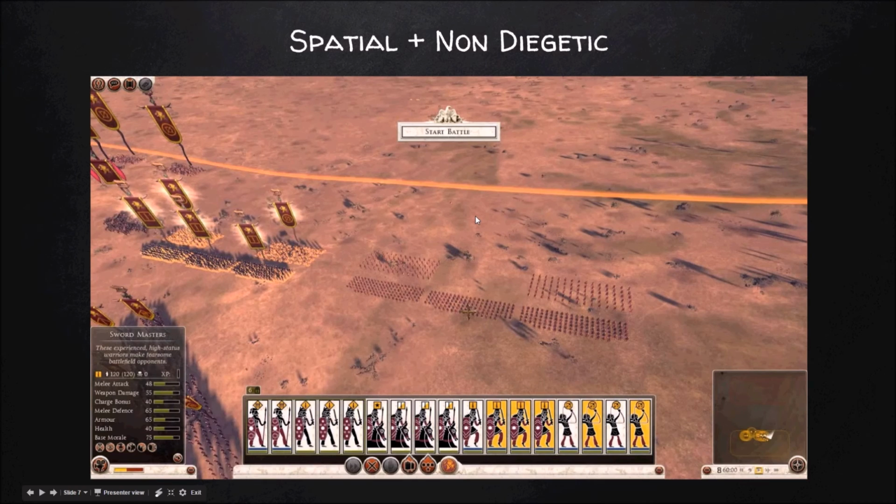The next example is a mixture of spatial and non-diegetic system. So here, this is the game, I guess, Total War, and here you have, for every unit there is a non-diegetic GUI, so you can directly click on this unit tab and select the unit. And these units also have a 3D spatial GUI where you can directly click on the unit or on their flag at the 3D location where the unit is on the map, and then directly interact with the unit from there. So you have both the option of the spatial GUI and the non-diegetic GUI.